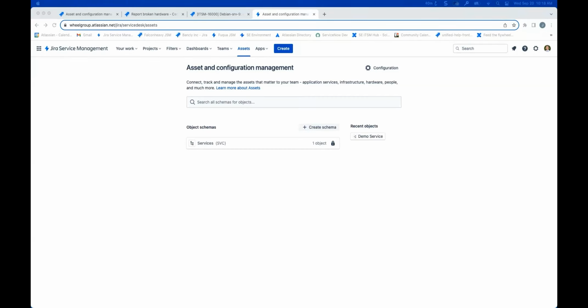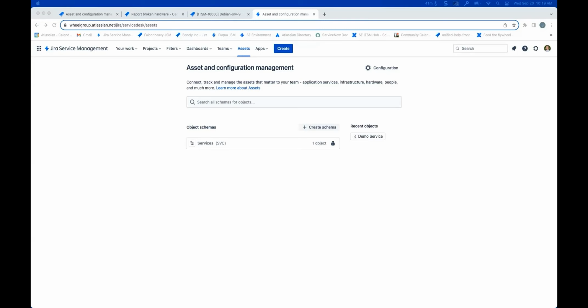So my background is ITSM. I've been in that environment for quite some time. And previous to joining Atlassian, I was at a large healthcare integrated provider, managing about 5 million assets in a healthcare environment. So I can bring some experience, and if we want to dig really deep in certain areas, happy to do that.